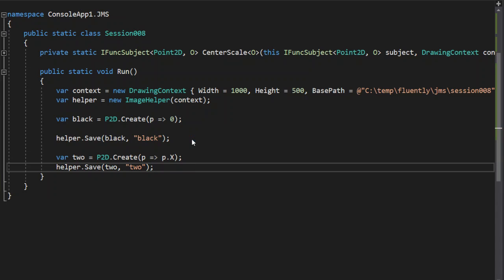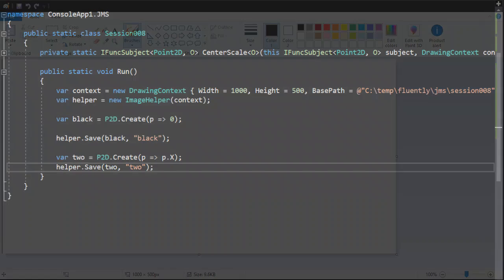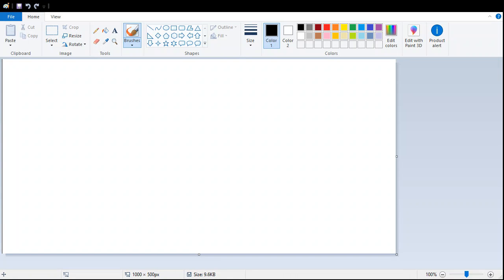And we run that, and it runs, and now we have this image. That does look like a white image, but if you look really carefully on the left side, there's a 1 pixel line of black. Now